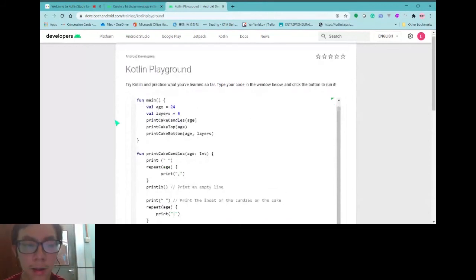Like in this case, you want to print a cake, you can divide it like at first you just print the candle, and then later you print the cake top and cake bottom. This is the cake top, this is the cake bottom. And then after this, you tackle it one by one. So each one you give a function and then give the necessary argument inside.